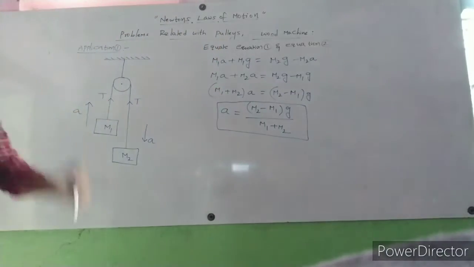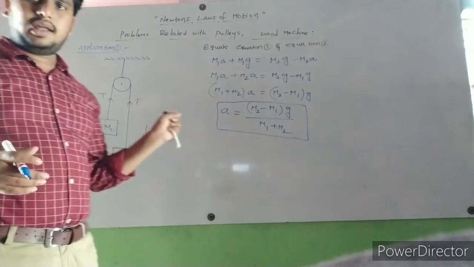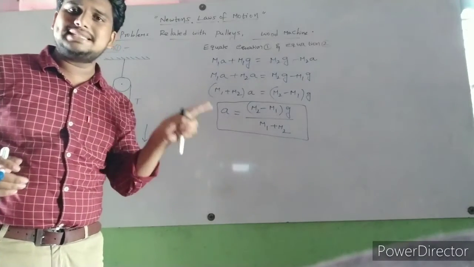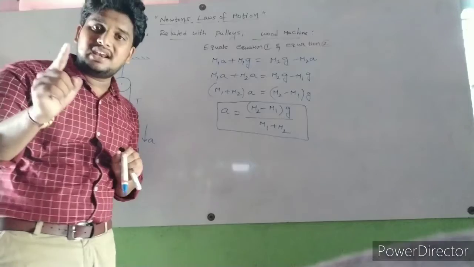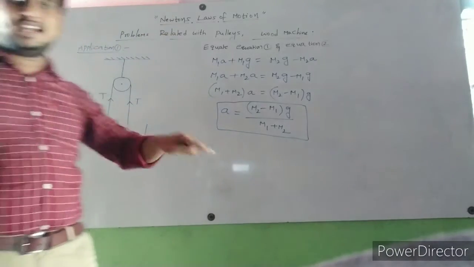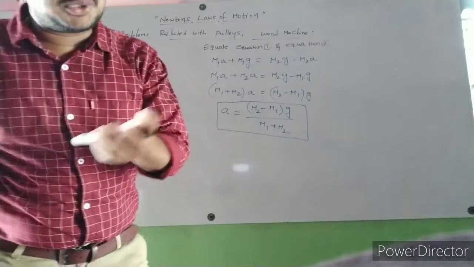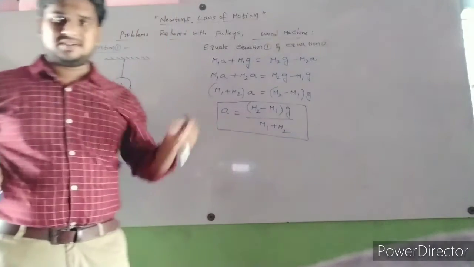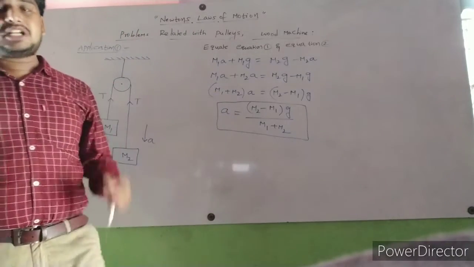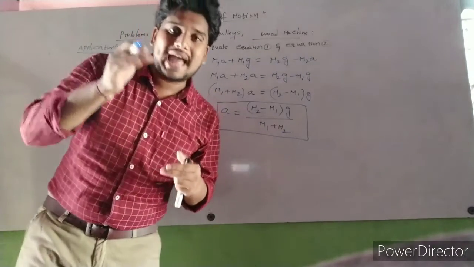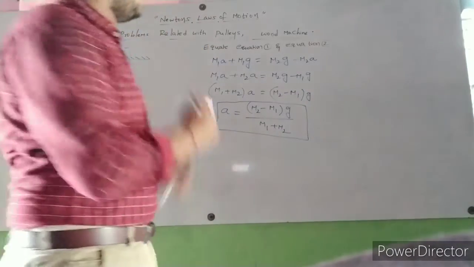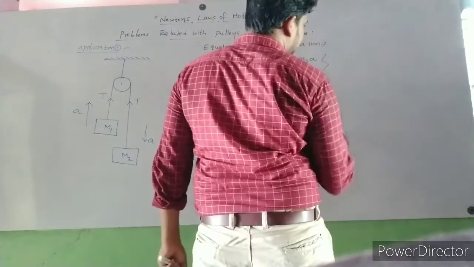This is the overall process. But this can be easily found within 5 seconds. How can we find? Up to now, calculating to get acceleration takes 6 to 9 minutes. But how can I calculate this acceleration within 1 minute? How can we find? Simple shortcut trick.